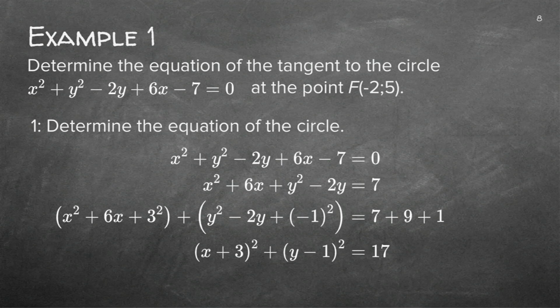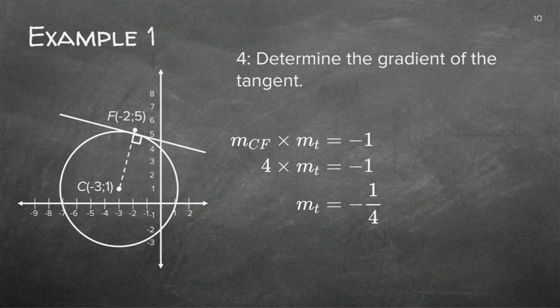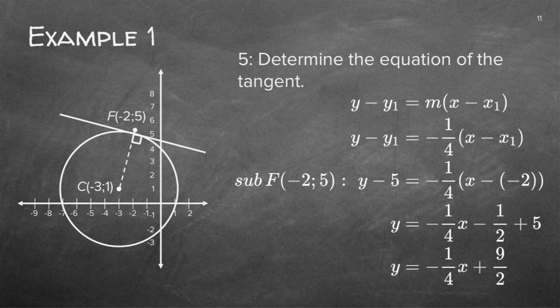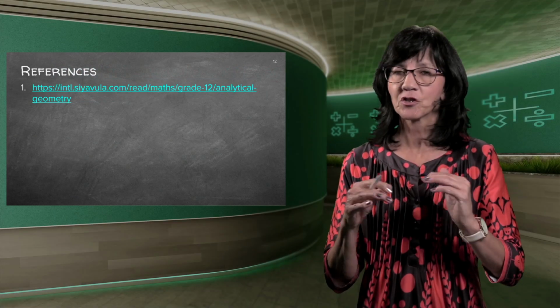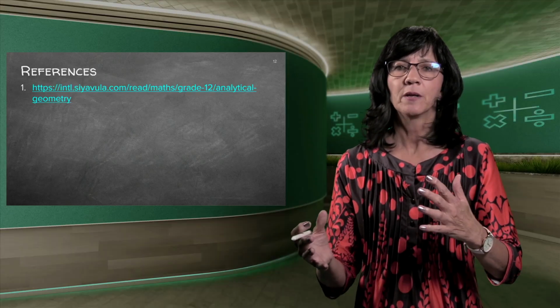You can just pause at each page if you're not sure and check. There is the gradient that we worked out, but that was the gradient of the radius. So we needed the gradient of the tangent, which is now flipped around with the other sign. And then we just fold it into our formula. And once we've done that, we've got our problem done. A lot of marks, actually very easy, as long as you remember step by step which one to work out,